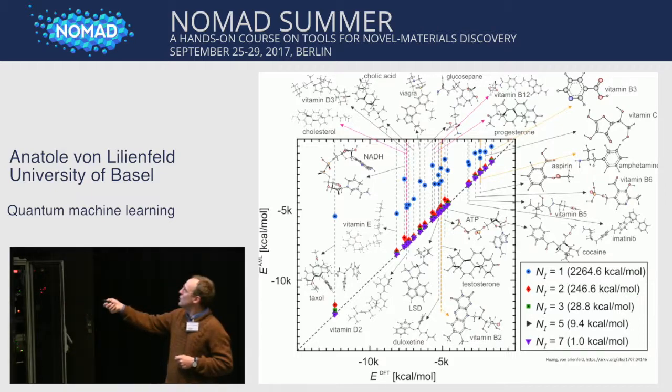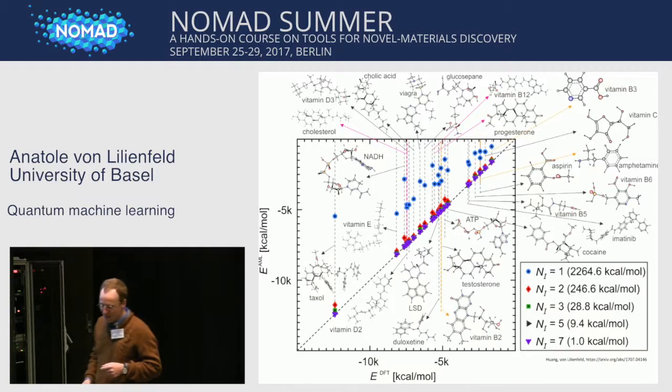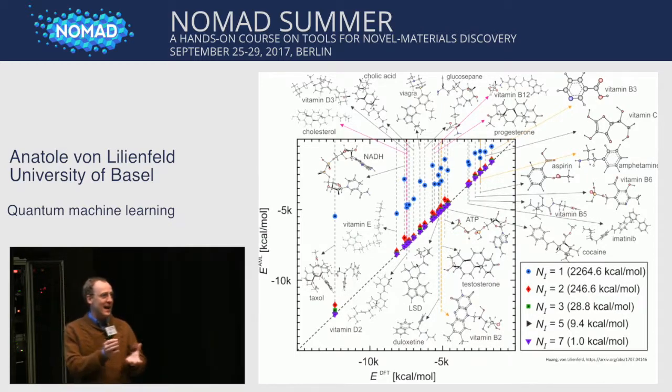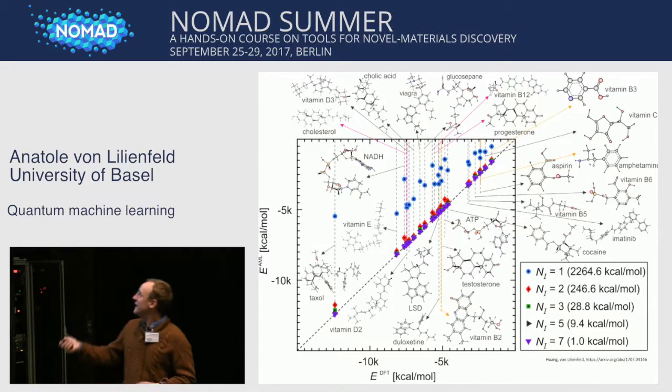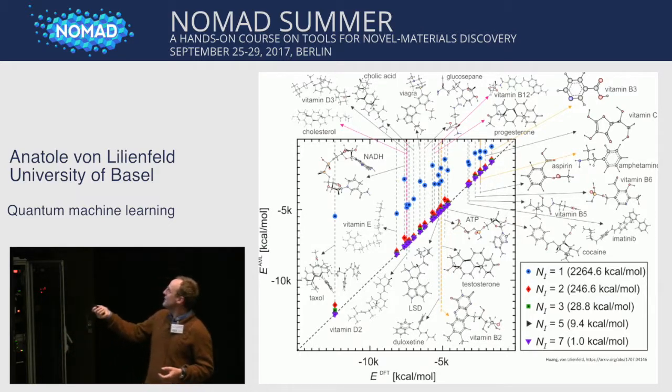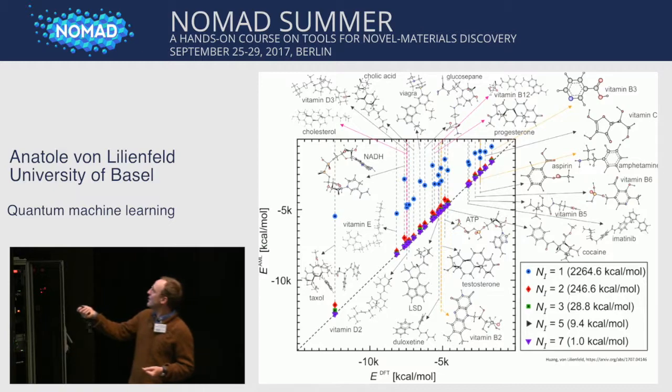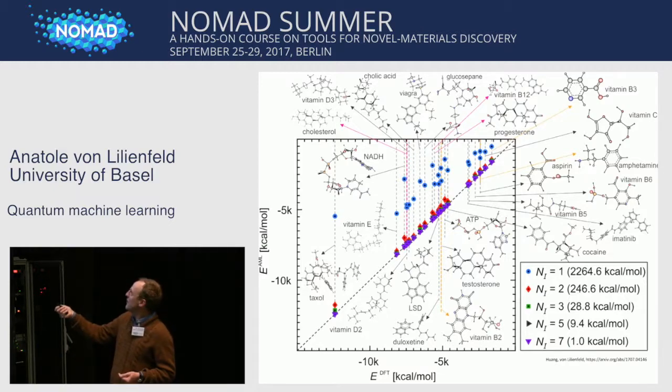Now if you include 2 atoms in your amines, then you have bonds. And so your error comes down. Right? If you include 3 atoms, then all of a sudden you have the angular information. Right? And that's very important. So then you come down again. And this, I would argue, is sort of a force field level of accuracy.